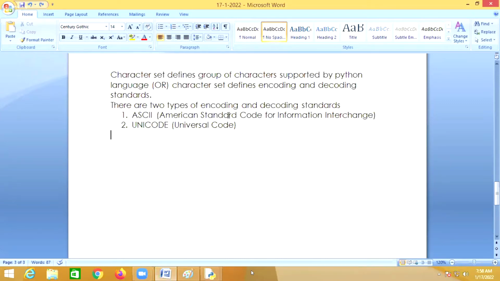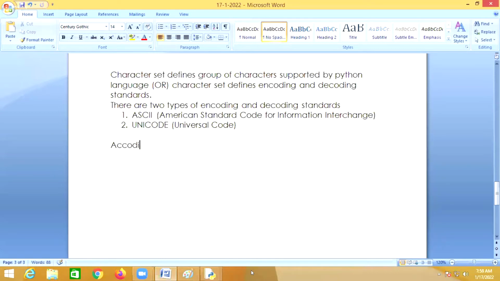ASCII stands for American Standard Code for Information Interchange. It is an encoding and decoding standard. Encoding is converting a character to decimal, and decoding is decimal to character again.